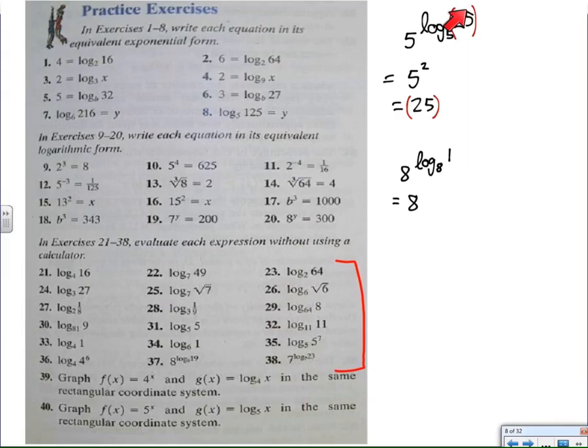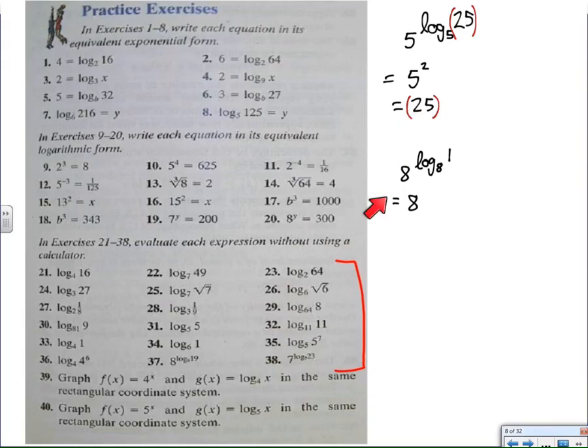I don't know. I'm confused. But here's what I know. The log base 5 of 25 is 2. So 5 to the log base 5 of 25 is the same as 5 squared. And 5 squared is 25. I had the 25 inside the argument here. I do a bunch of stuff and I end up with 25 at the end. It's as if the log base 5 and 5 to the x are undoing one another and we get right